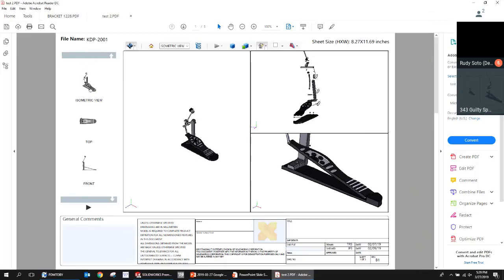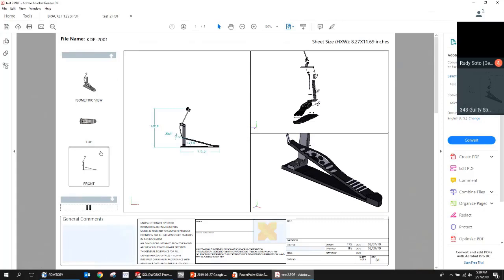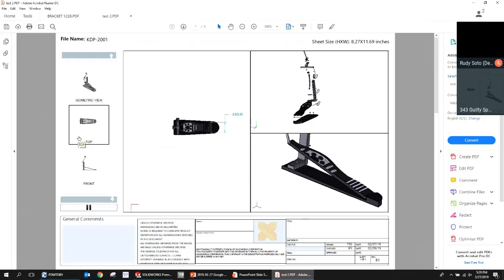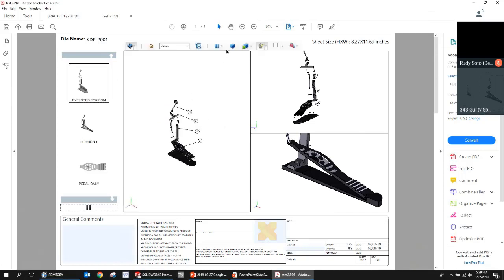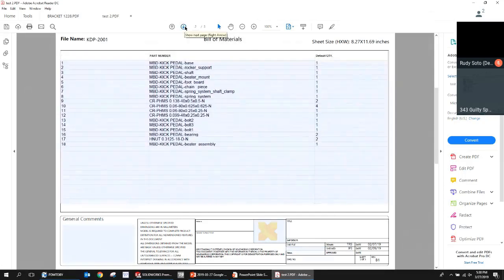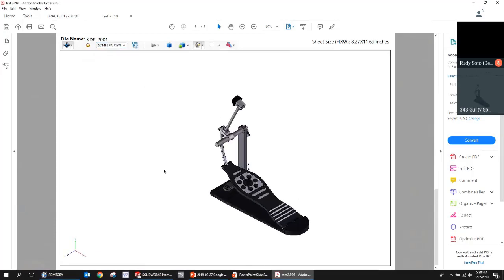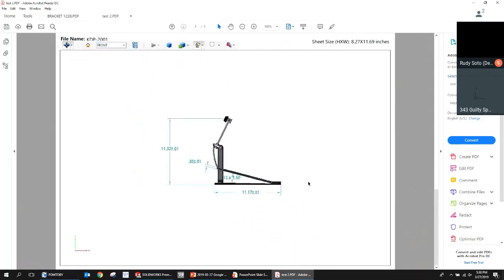That's why. This listing of the views here, you can see you're able to select through the views. There's also a play button down here at the bottom, so you can just let it play through and examine all the different views. This is a multi-sheet 3D PDF this time, where the last one that we looked at only had a single sheet. If we go to sheet 2 here, you can see sheet 2 is where the bill of materials is listed. And if we go to sheet 3, this is called an independent viewport, just a larger view of what we're looking at on the earlier sheets. So we can go through here and look at some of the different views.